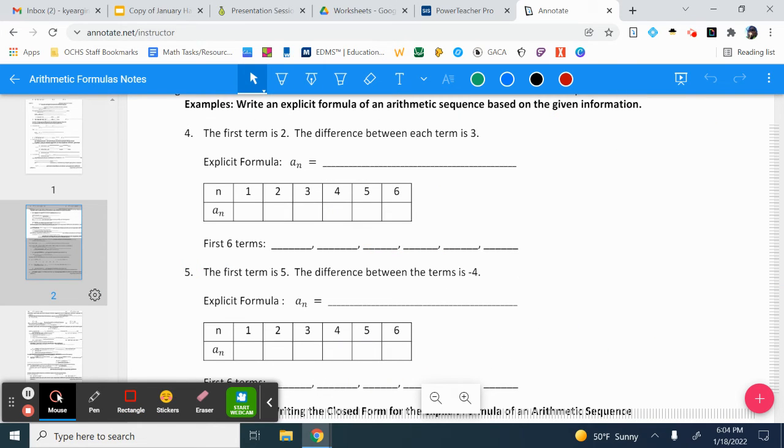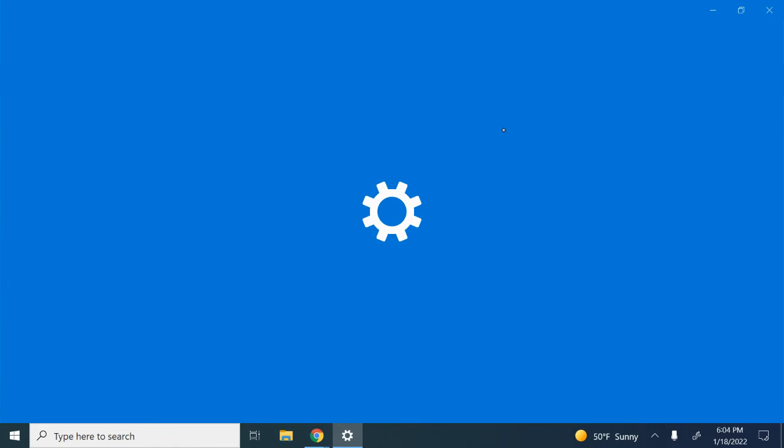As we move on through the notes, we see example number 4. And these are asking me to write an explicit formula of an arithmetic sequence based on information given. It's not telling me specifically whether it has to be open or closed, so this is completely up to you. Now, I like to start because they tell me what the first term is. I start with the open form because I know if my first term is 2, then I can start, and again, I'll give you this formula,